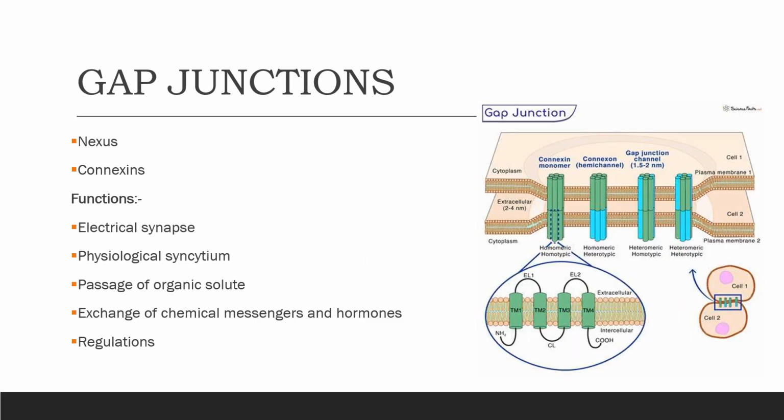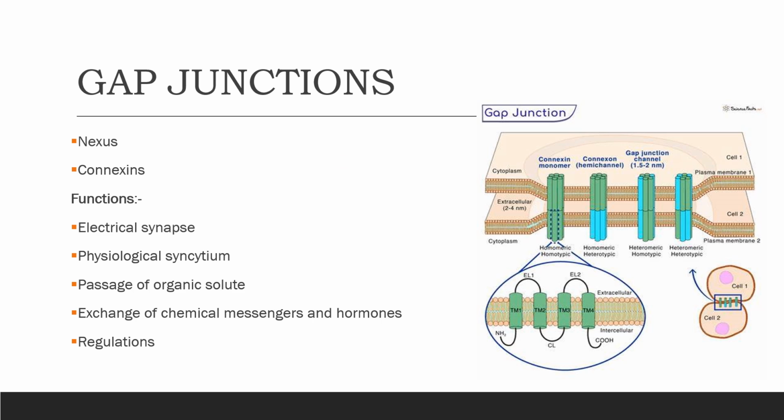So now we're learning about the gap junction. We have something called nexus, which is the name given to the junction between cells with narrowed intercellular spaces. Maximally, it is around 25 nanometers in diameter, and it is made up of connexons. Now, what are connexons? Connexons are made up of connexins, which are special transmembrane proteins, and they are